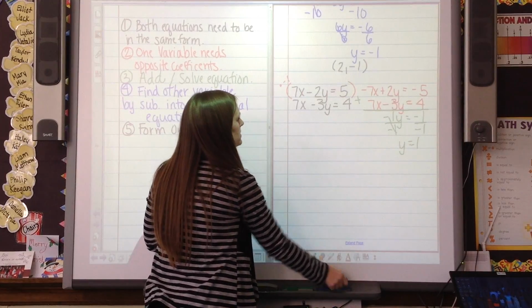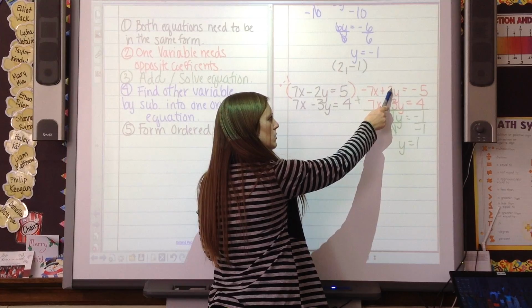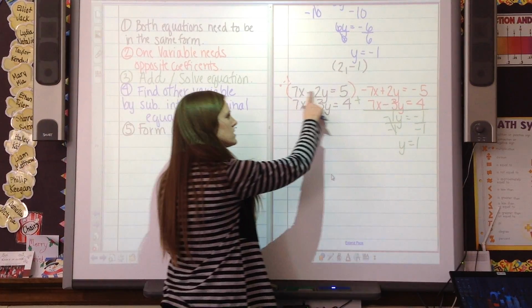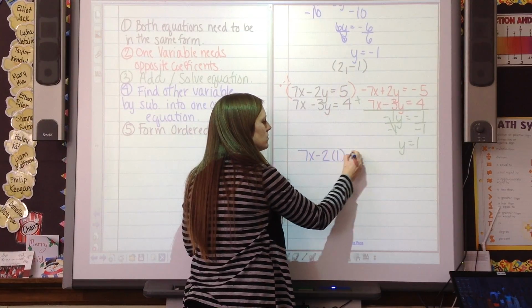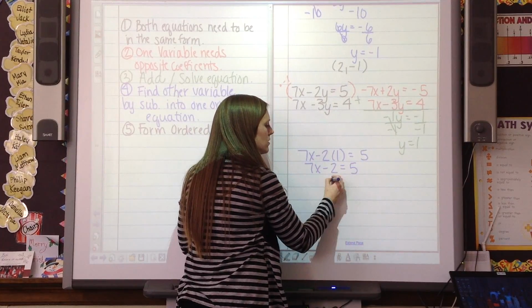I'm going to plug this back into one of the originals. I can use one of these originals, or I can use the equation that I changed. Either works. I'm going to use this original right here. 7x minus 2 times 1 equals 5. 7x minus 2 equals 5. Plus